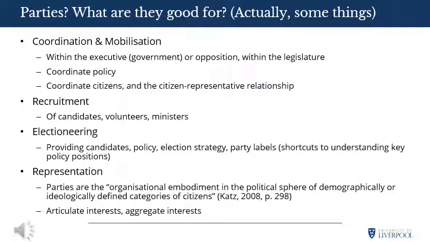Parties also play a role in electioneering. They help with the conduction of elections through providing candidates for whom the public can vote or not, as well as providing training for those candidates. They provide party labels to candidates, which helps both the candidate distinguish themselves amongst their rivals, but it also helps the public in providing a shortcut in understanding what the individual candidate actually stands for or believes in. In a world of independent candidates, you would have to explain to each voter your values and your policy positions, or the voter would have to look up the policy position of each candidate. But a party label instead provides a shorthand, and this helps to simplify choice to voters.